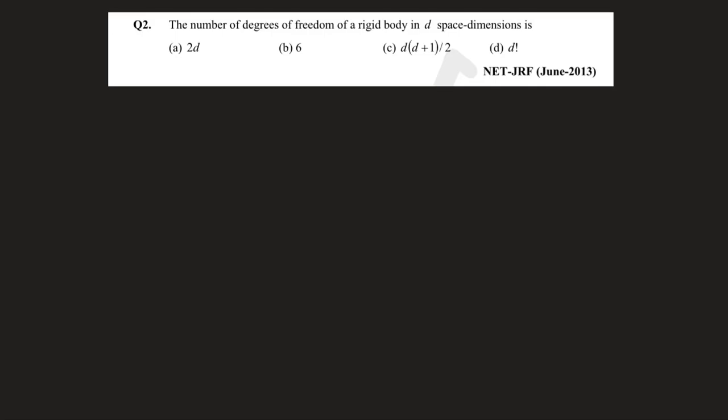The number of degrees of freedom for a rigid body in d space dimensions. So before we look into the number of degrees of freedom in d space dimension, let us see what degrees of freedom is in a three-dimensional space. Let's say for a three-dimensional space, what is the degrees of freedom? So if you have to look at the question,